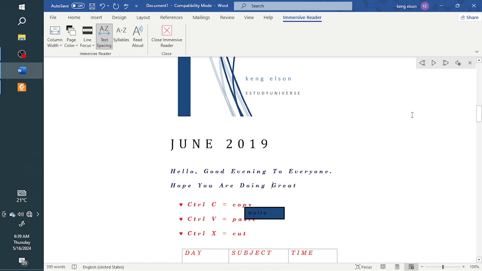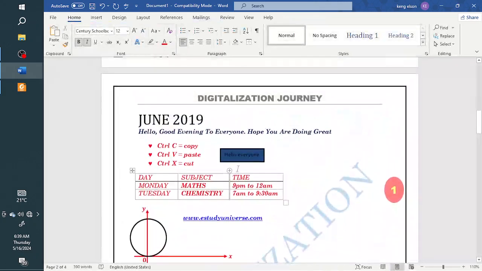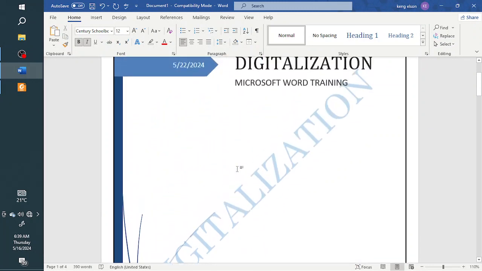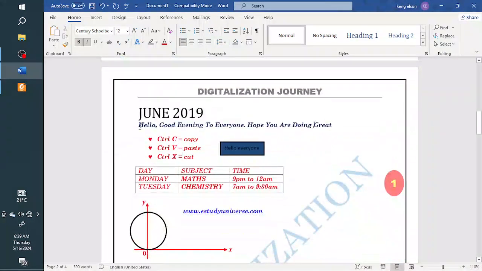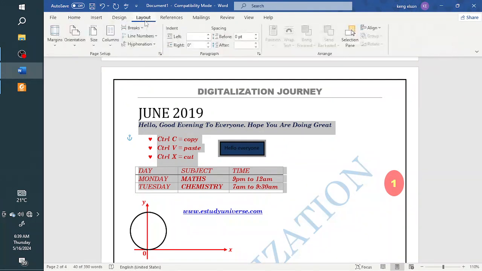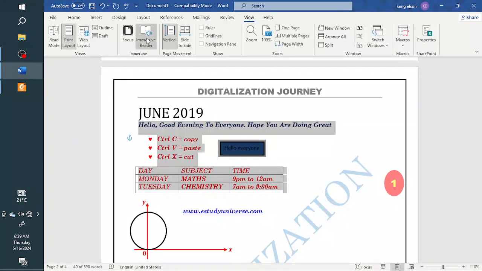I think I once used this when I was preparing for an exam, citizenship in French, and the document was too much to read. So I just selected, and then I used it using my phone. With the view, immersive reader,